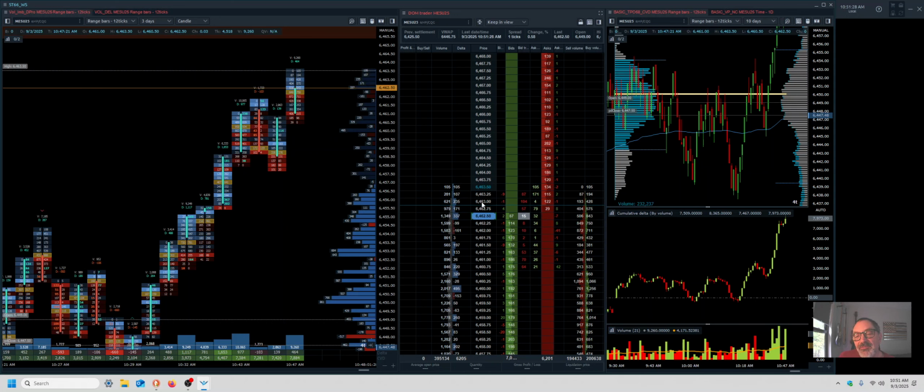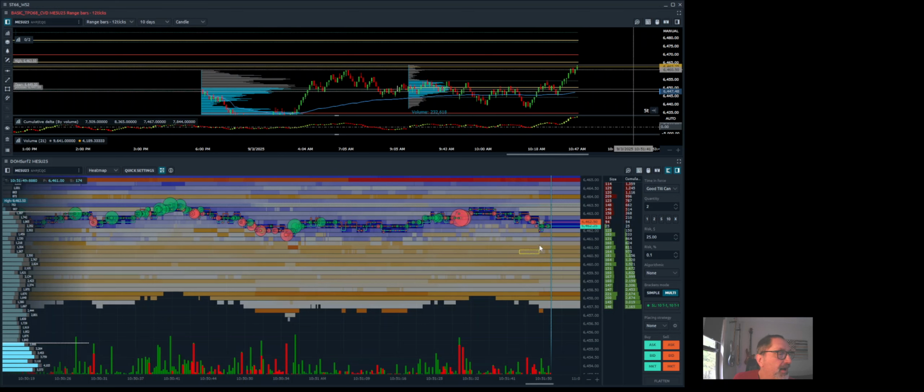Are they on even numbers, meaning 0.00, or 50s, 0.50? So this is probably better off to look at your book, at your DOM surface or your book map,